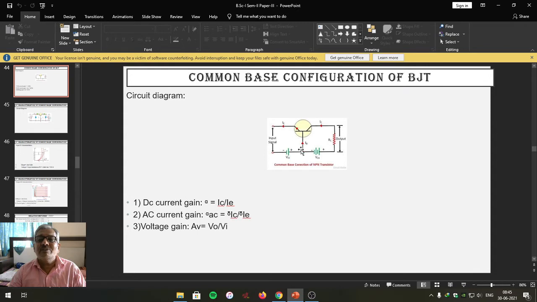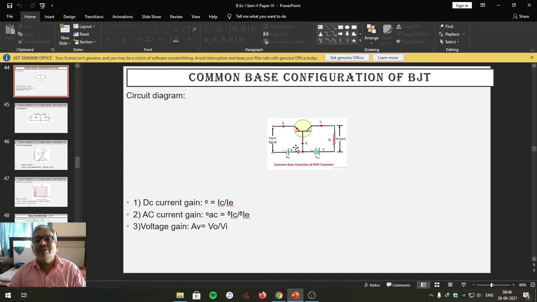The transistor used here is again of the type NPN. The terminal on which the arrow is there, it represents the emitter. So that's why this terminal is the emitter. This one is base, whereas this one is collector. And this is the base which is grounded. That seems to be common for input as well as output. That is the reason why we can call this configuration a common base configuration.